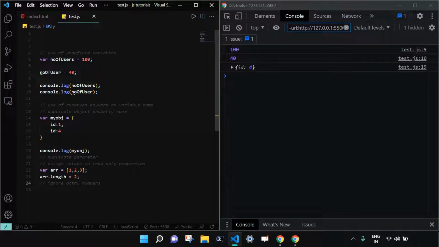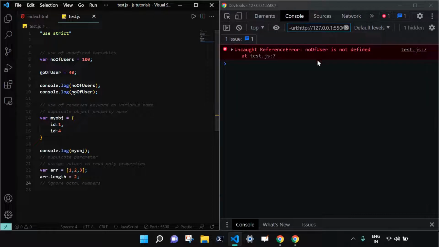So we come to the last part of our video, which is how to use strict mode. It is very simple. Just go at the top of your JavaScript file, and inside the double quotes write use strict. Let me save this. Now you will get number of user is not defined. Like you can see that here number of user is not defined, and we are trying to use an undefined variable, which is not allowed. So this is something that strict mode restricts. When we are in strict mode, it restricts us to use JavaScript in a specific way only.